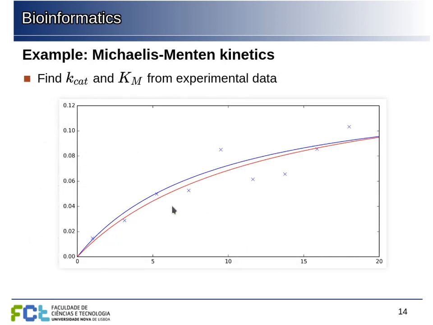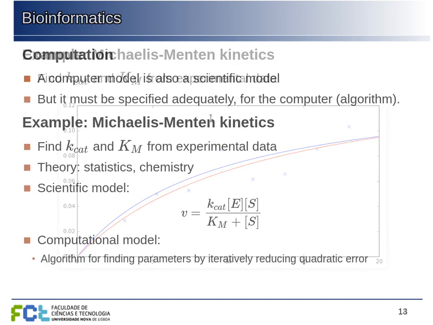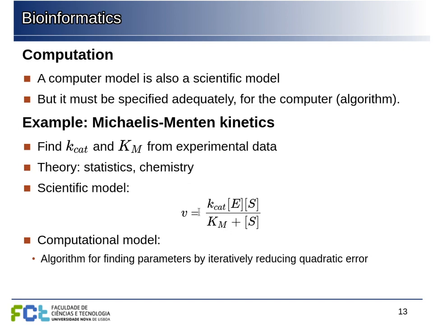We have our different experiments here on these crosses. Let's suppose that this blue line is the actual curve. So this would be the real curve if we knew the actual values. But since our experiments always have some error, some noise, we are computing a different curve. In addition, not only because our experiments have some noise, but because there is a difference between the scientific model and reality, and a difference between the computational model